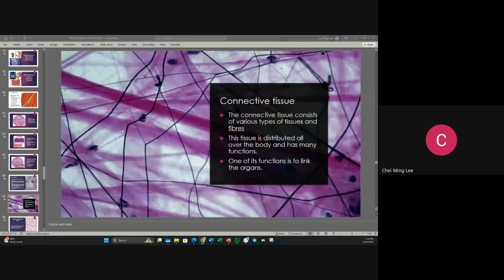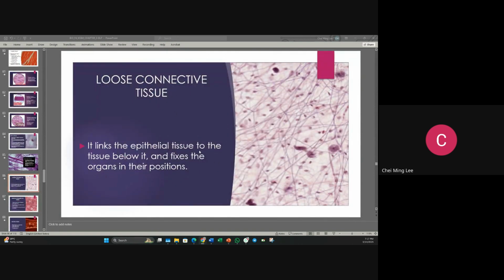Okay. All right. So now, next, connective tissue. Connective tissue normally is the tissue that links between the organs. It consists of various types of tissue and fiber, and is distributed all over your body and has many functions. The main function here is to link the organs. It's like your loose connective tissue. It's like what,